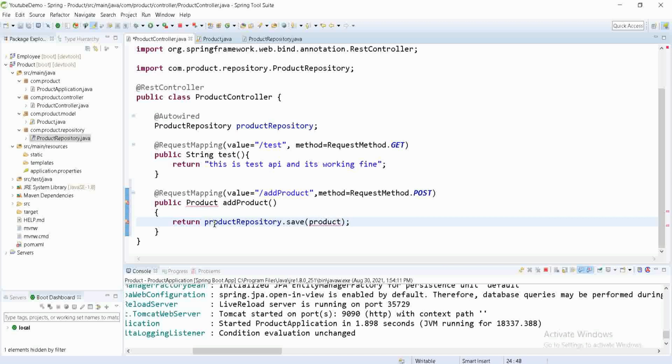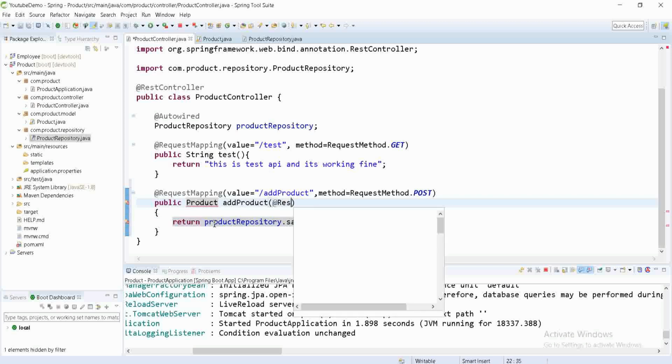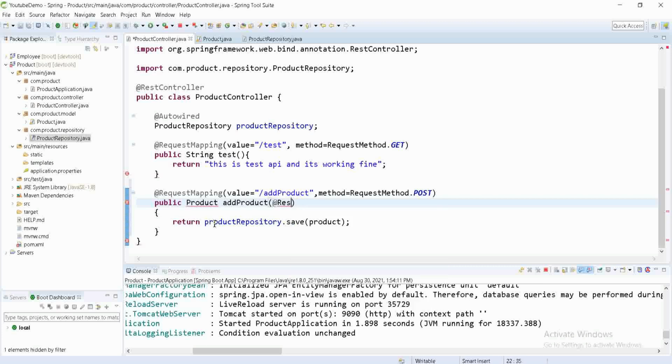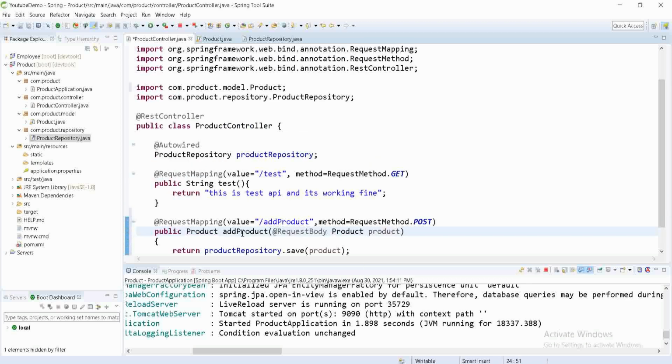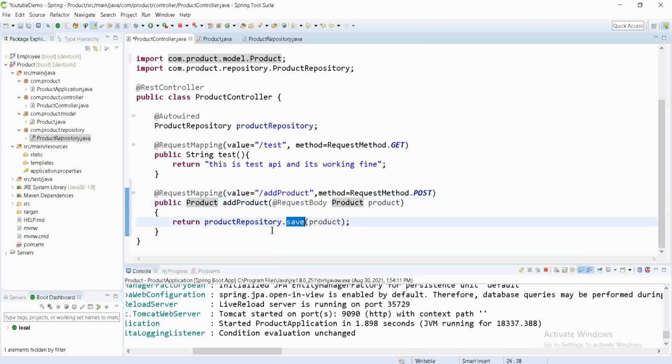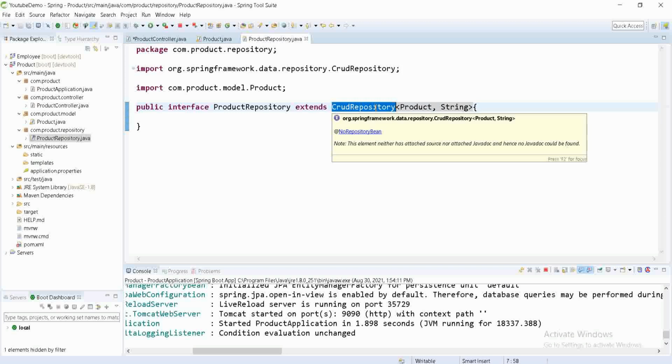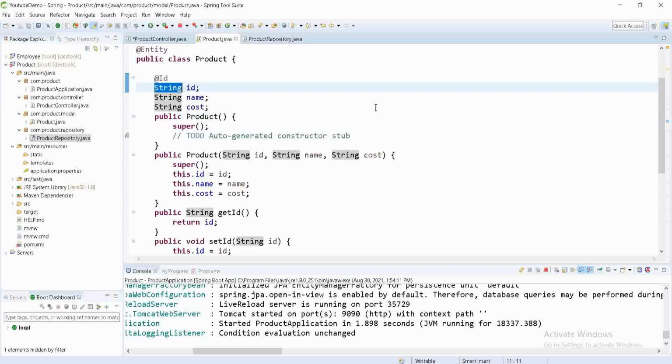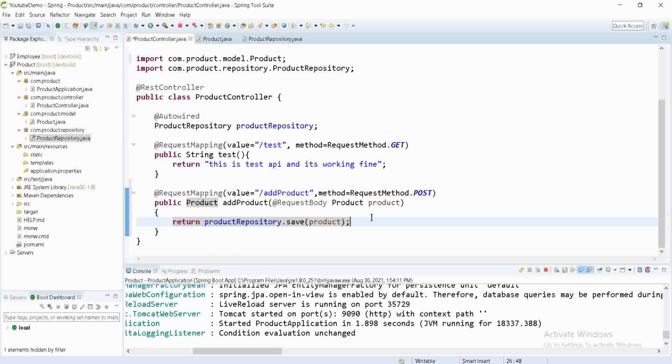From the front end side we will get one product in the request body. So let's get that product with @RequestBody. From Postman we have to send this product in the JSON format. Using request body, it will take that, and that we are going to save using the product repository. So this repository will provide us the facility to do the CRUD operations. So we are good with this, and now I'm going to save this, and here you can see it's